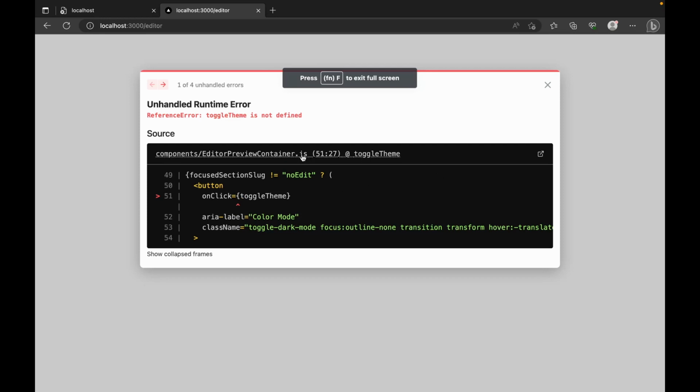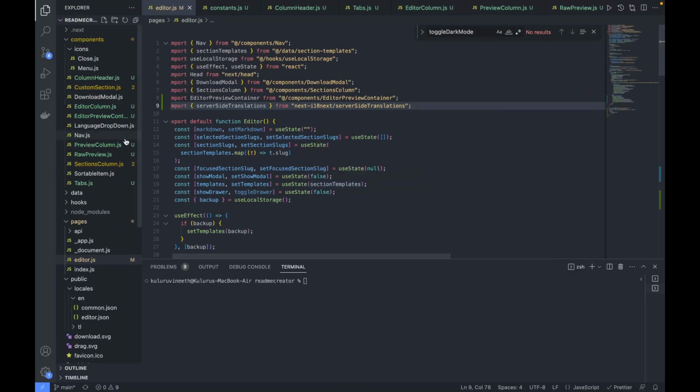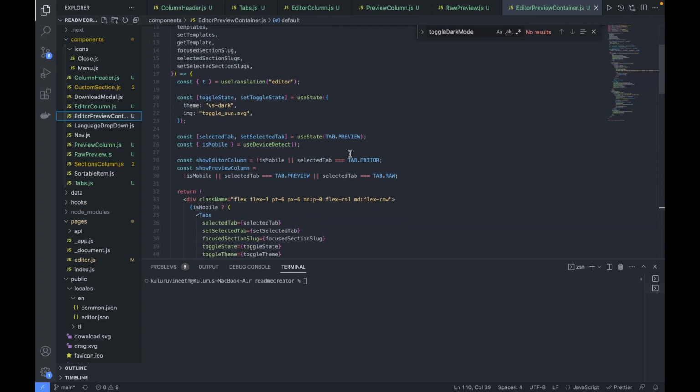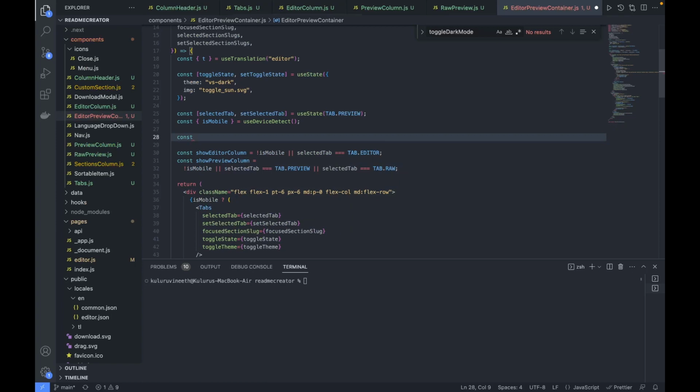Okay, toggle theme is not defined in edit preview container. So go back to this. I think I missed defining that function, so let me see if I defined that or not. Okay, I didn't define it, so let me define that. Okay, so let me define here const toggle theme